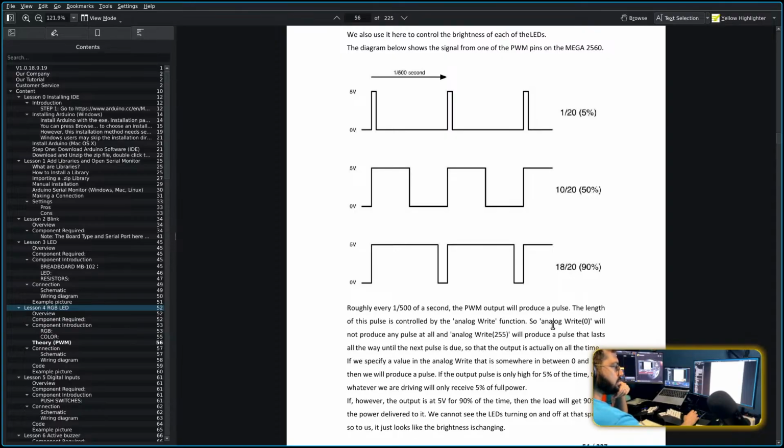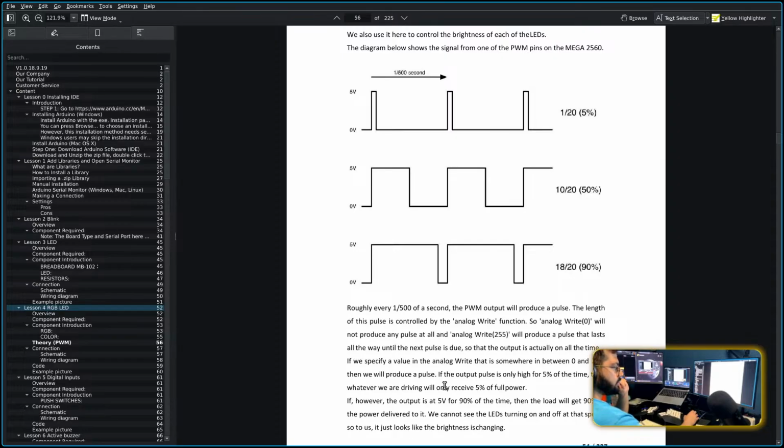So analogWrite 0 will not produce any pulse at all, and analogWrite 255 will produce a pulse that lasts all the way until the next pulse is due. Okay, so that output is actually on all the time. If we specify a value in analogWrite that is somewhere in between 0 and 255, then